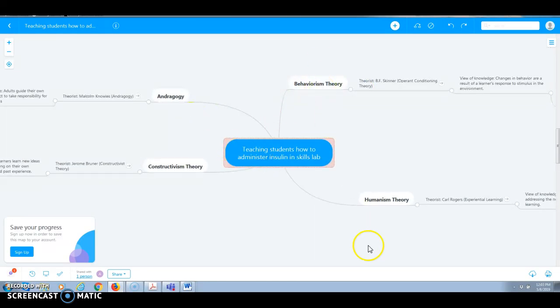So think about these theories and think about how you describe them each. There were some issues with some of your description, and I hope I've kind of shown you that. If you're going to use the skills lab and the insulin administration, I would suggest you stay away from some of these theories, based on my feedback and it seems like maybe your understanding of that particular theory, and gravitate toward the ones that you feel more strongly about. If you have any questions about my feedback, please feel free to email me.